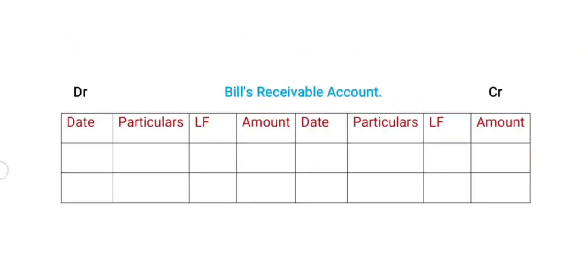Here it is the bills receivable account. An account looks like a T shape. It has a debit side and a credit side. Now coming to the date column, the date is according to the given problem. The date is Jan 31st. Now coming to particulars, it is To Sundries. The sundries amount is based on the bills receivable book. The amount we already calculated is 26,000. Now we are going to prepare that.